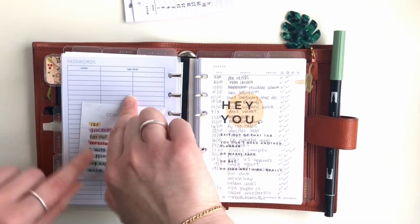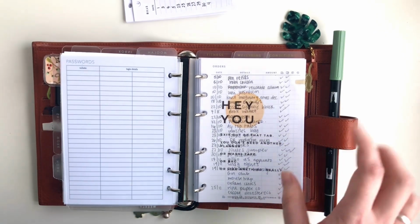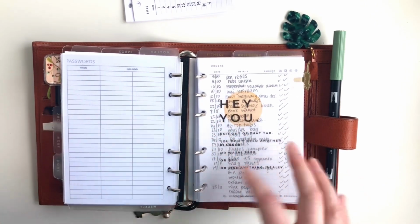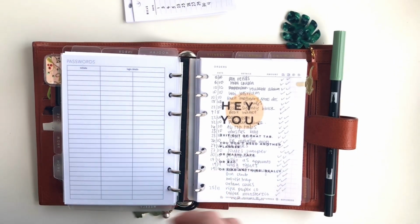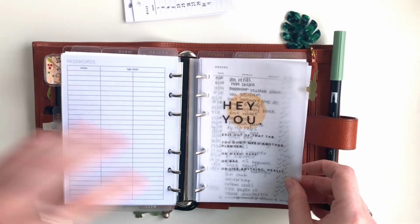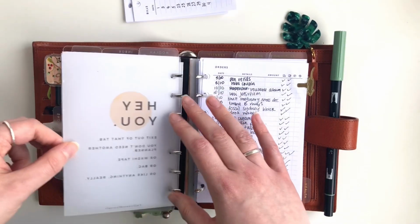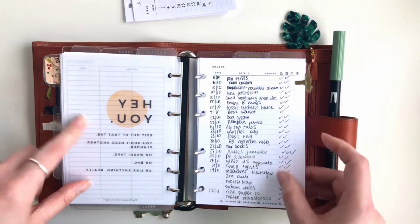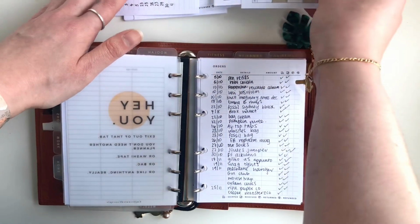Now, first thing I'm going to do is take out this key. So I am no longer tracking my incomings and outgoings in my planner, because I've switched to using a digital budgeting system. So what I am doing instead is it's all going through there, so I don't need that little category tracker anymore. I can do that myself. I'm going to leave in this little dashboard by Hannah's shop, because one of the things that I'm going to be doing this year is a no spend. So I'm going to be trying to keep my order tracker